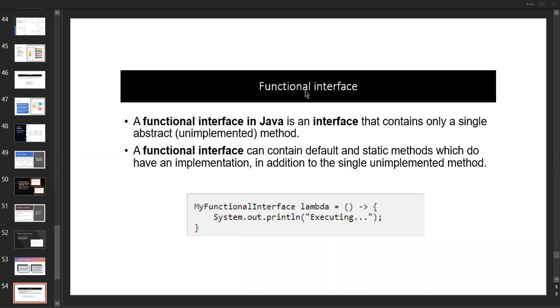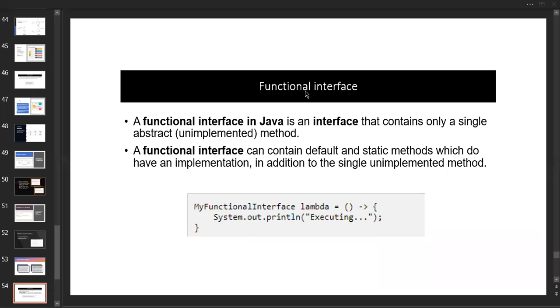For that scenario, there is an annotation called @FunctionalInterface. Again, I'm telling you, it is an annotation. If there is any @ symbol before a word, we'll call it an annotation.